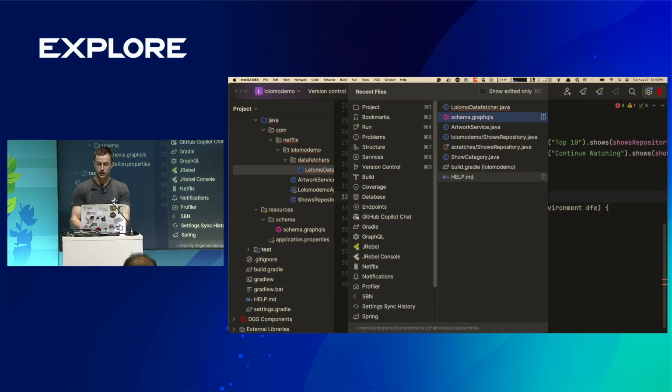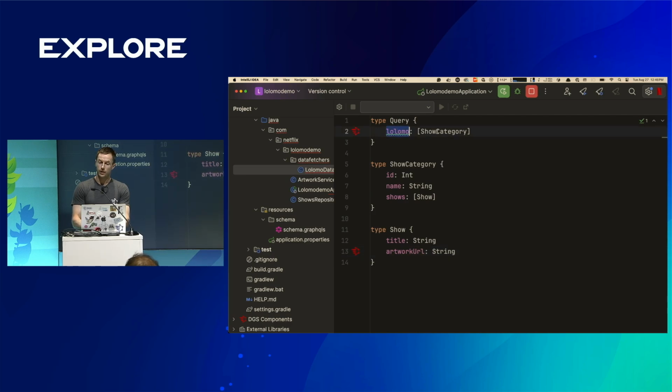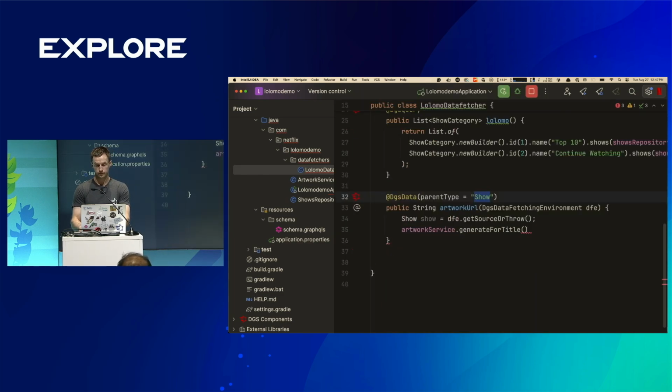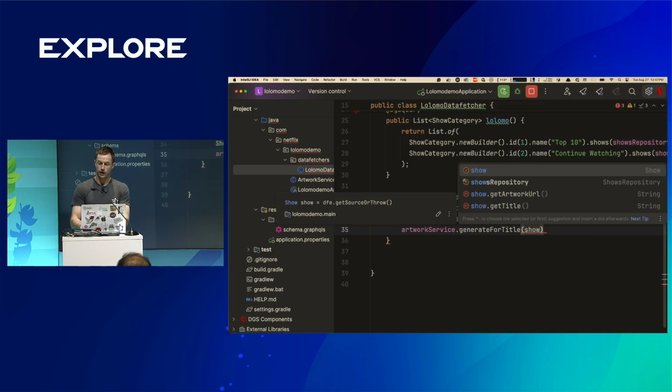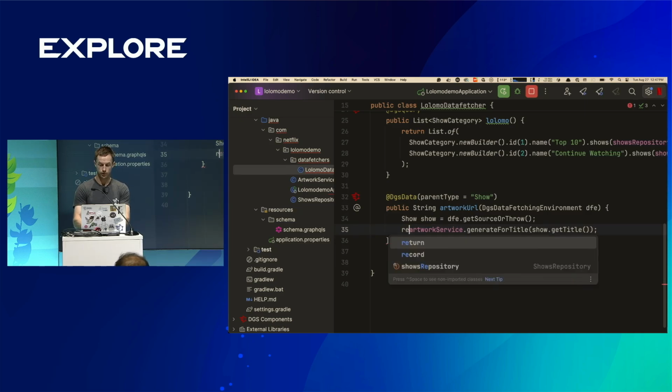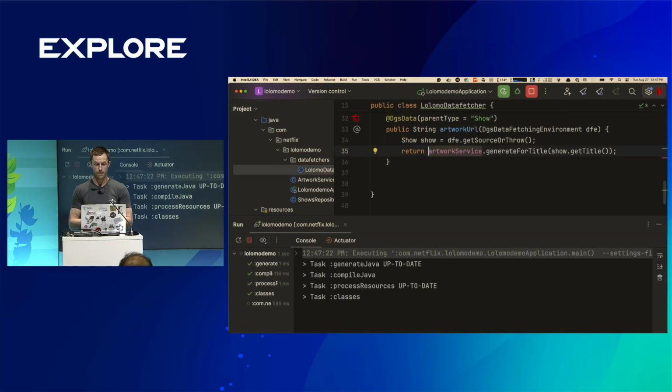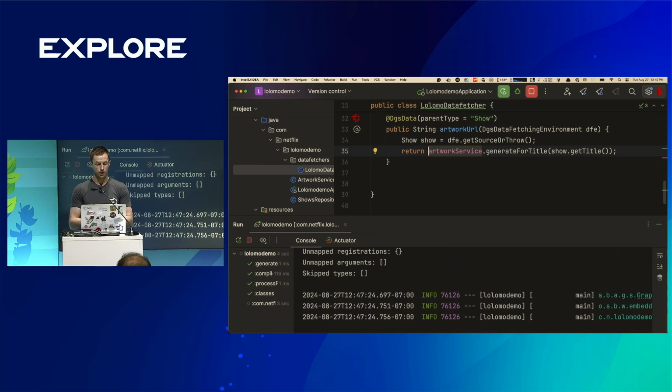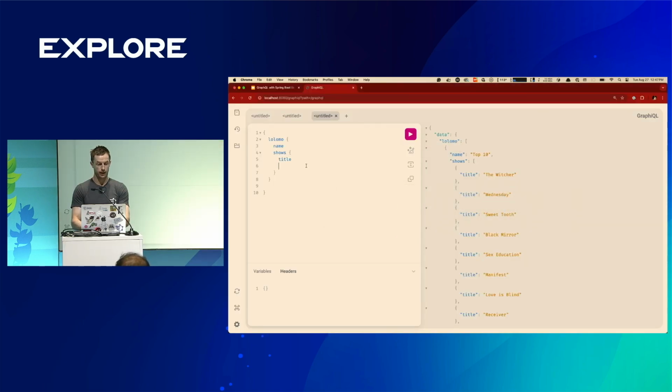So to go back to the schema, Lolemo is going to return show category, which in turn returns show. But if you get to the artwork URL on show, we're calling our specific special data fetcher, and the source of that data fetcher is the show itself. So now we can call show.getTitle and just return this. And hopefully, if we go back to our service and ask for artwork URL, we are now going to get